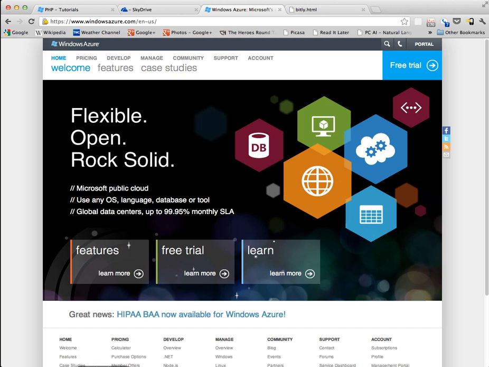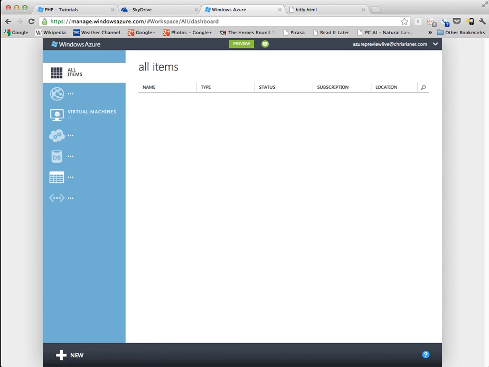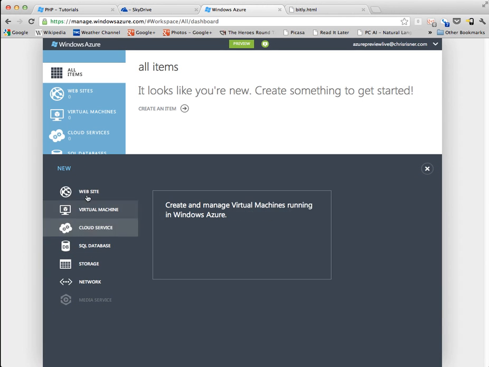To start off with, you're going to need a Windows Azure account. If you don't already have one, you can get a free trial by going to www.windowsazure.com. Once you do that, you can get to the management portal by going to manage.windowsazure.com. The portal's been redesigned recently and is all written in HTML5 and works great on different browsers and different operating systems. So the first thing we're going to do once we are in the portal is go to New and